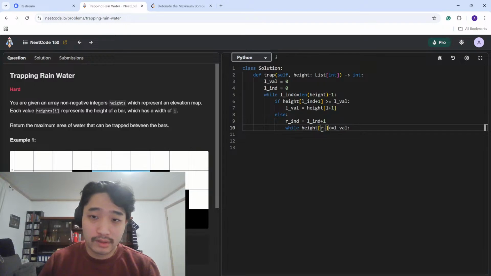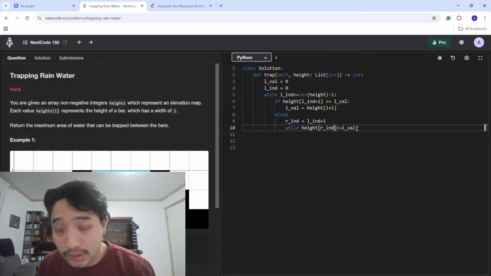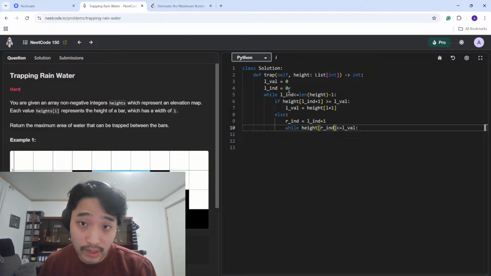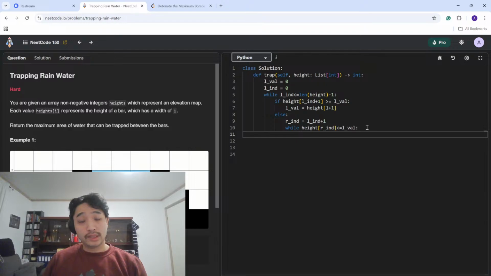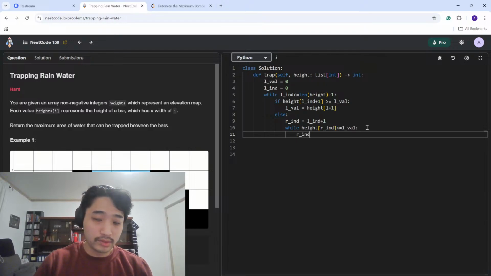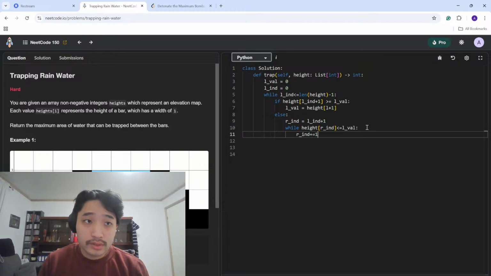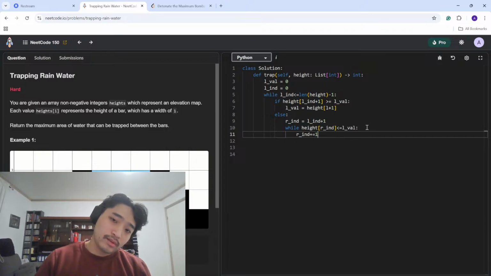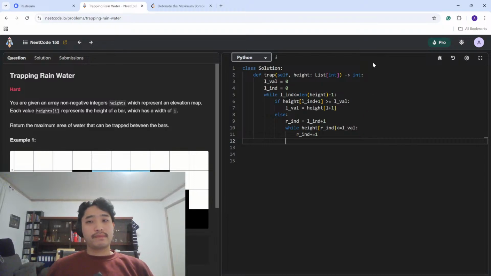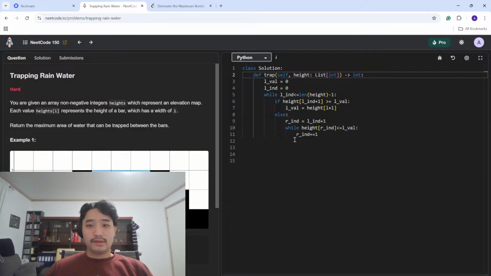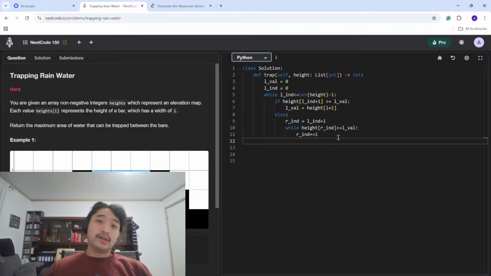If R end is less than equals to L val, so apparently I don't need to. So as long as less, R end plus equals 1. So since it's not, now we do the calculation part. So we have R end, it's most likely, for instance, in this case, it would be